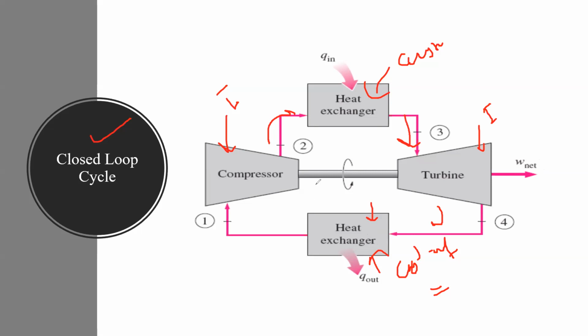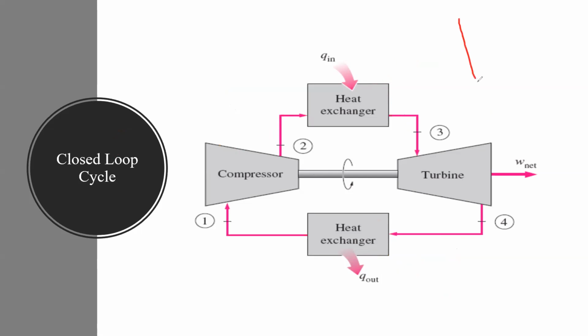Definitely the requirement of fuel, or of air or gas, is very less in the case of the closed loop cycle. Why? Because we use a recycle process here. So this is the beauty of the closed loop cycle. Now, how can I draw this TS diagram? Has everyone understood once again? I draw this diagram.